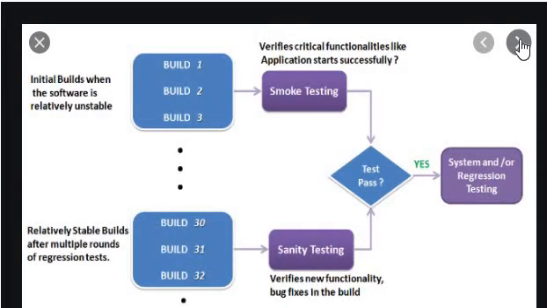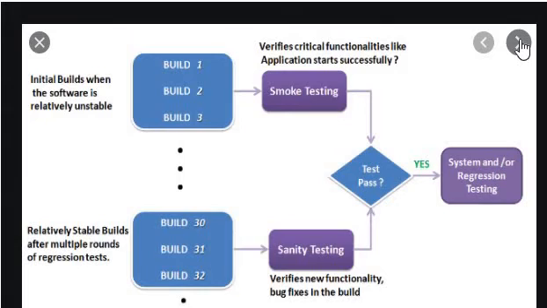If the sanity test fails, then the build is rejected to save the time and cost involved in more rigorous testing. The objective is not to verify the new functionality thoroughly, but to determine that the developer has applied some rationality, some sanity, while producing the software. For instance, if your scientific calculator gives the result of 2 plus 2 is equal to 5, then there is no point testing advanced functionality like sin 30 plus cos 50.